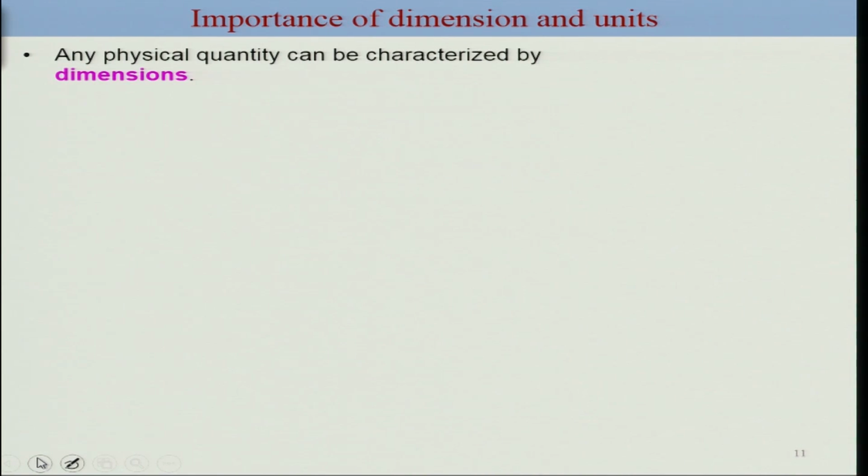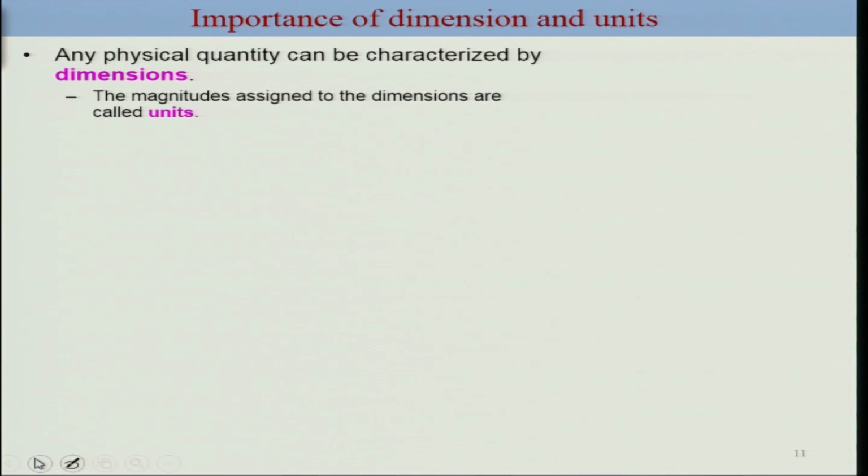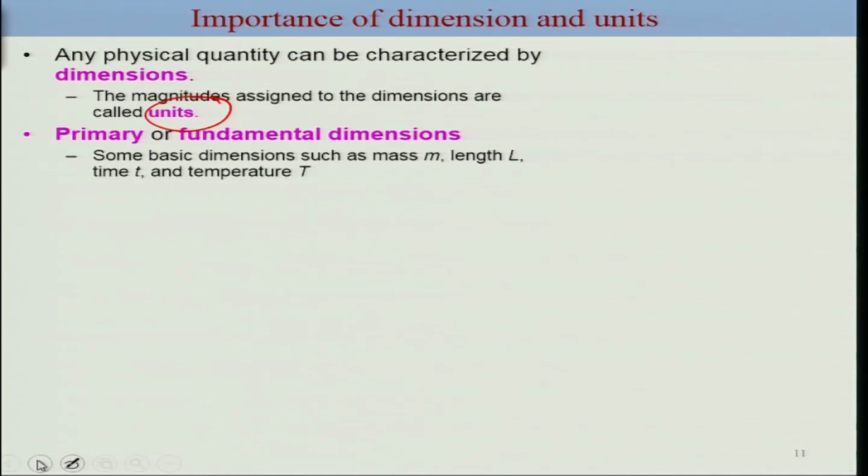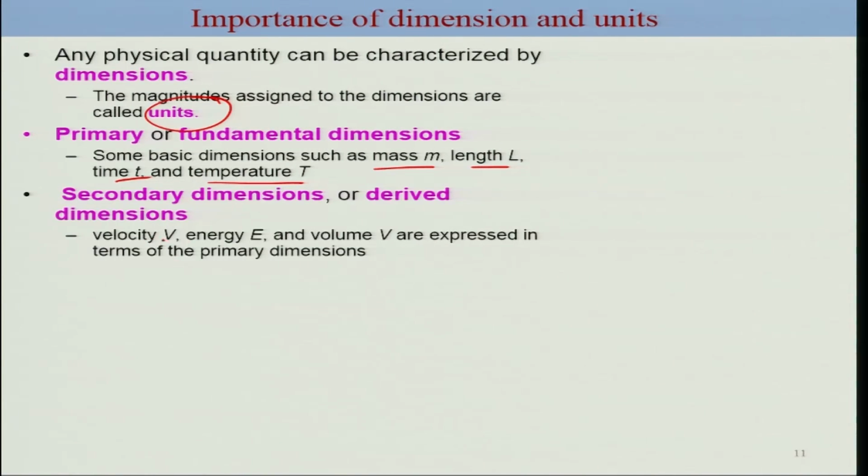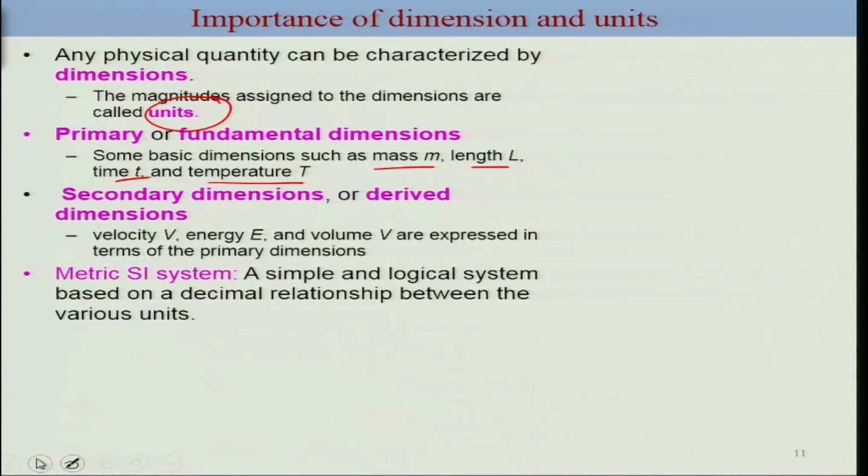So we'll start with the dimensions and the units. Any physical quantity can be characterized by dimensions. This is something we are very well aware of, and the magnitudes assigned to the dimensions are called units. You can have many different forms of units. There are primary units or fundamental units, such as mass, length, temperature, and time. And there are other units which are derived from the fundamental units, such as if you divide length by time, it becomes velocity. So these are called derived units. The velocity, energy, volume are expressed in terms of the primary dimensions,